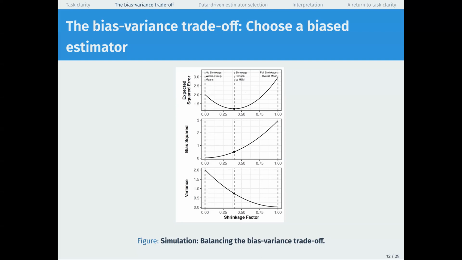So the takeaways here are that there are these parallels. If you're familiar with one of these ways of thinking, you can probably see how it would work in the other way. And the other takeaway is just that we sometimes want to have a biased estimator because it might actually be better than an unbiased estimator.